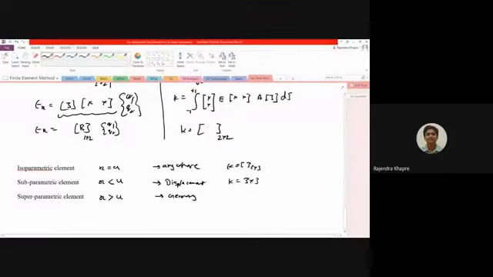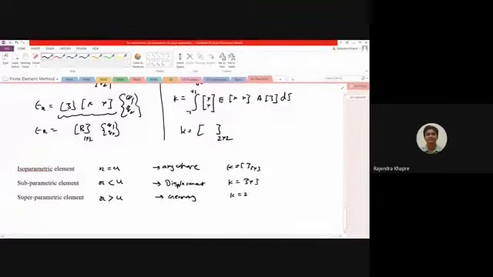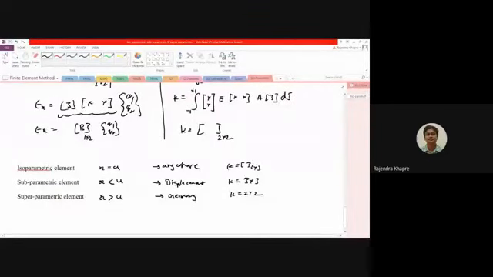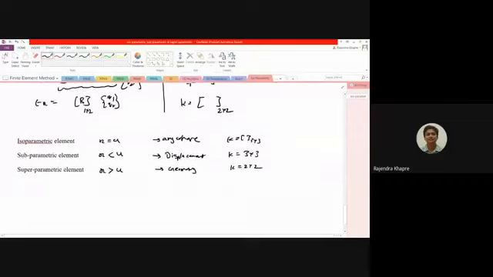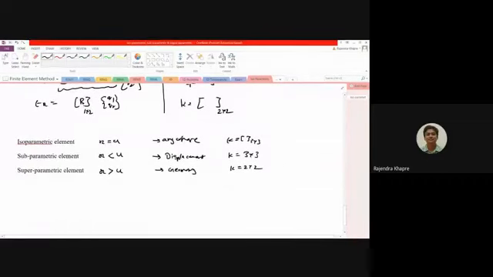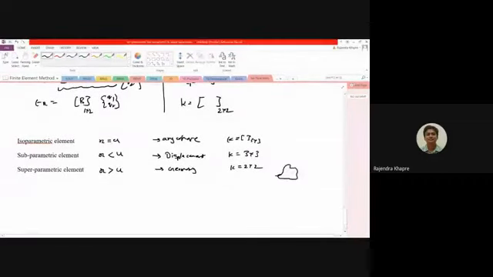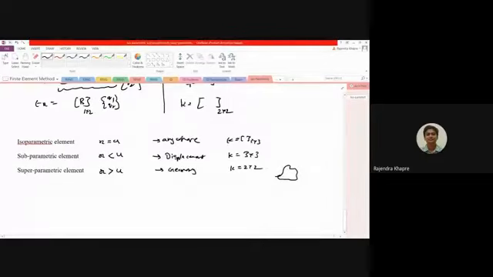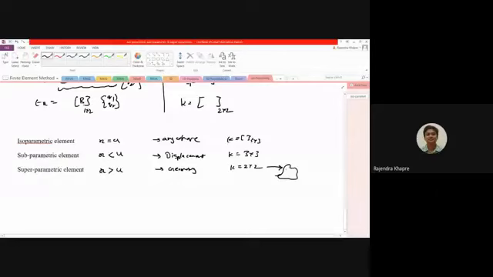So in this particular case the K will be of size 2 by 2. For example, if we have a very complex geometry, using the super parametric element will always be better, because the complexity of the problem will be taken care of by the